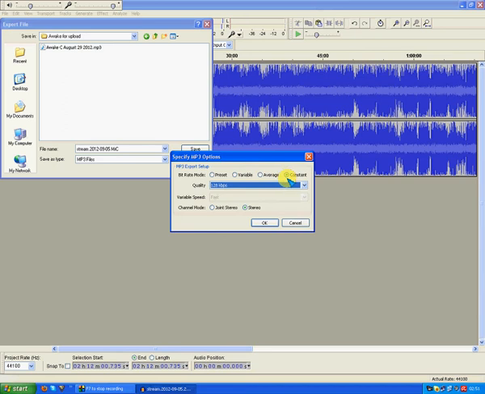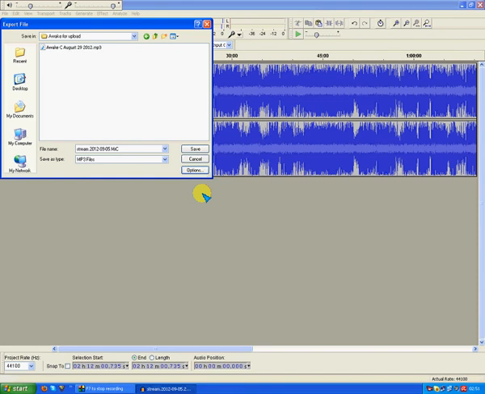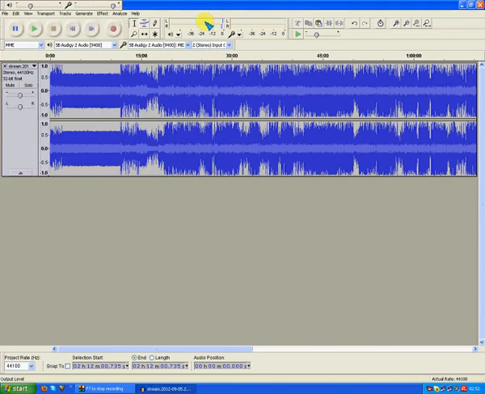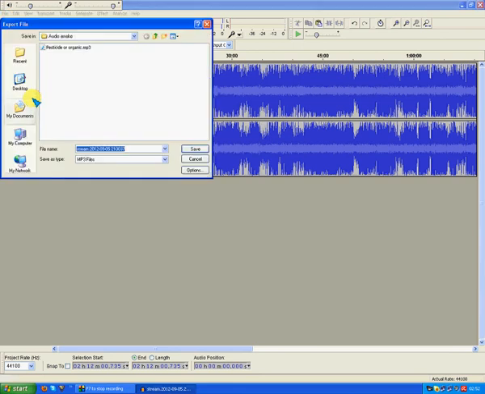So, happy with that. I'll just show you the process again, actually. So, you've finished editing, click File, click Export, steer it to the folder you want it saving in. Now is the time to give it a name. Desktop there, Wake Radio upload, and let's change the file name to something that's going to let us know when we look at it